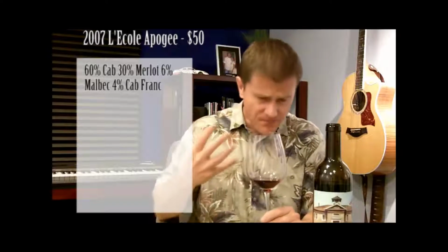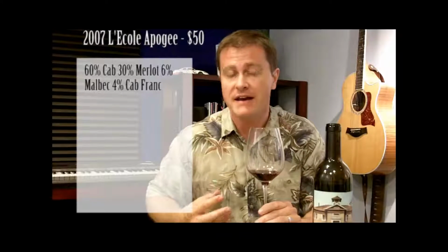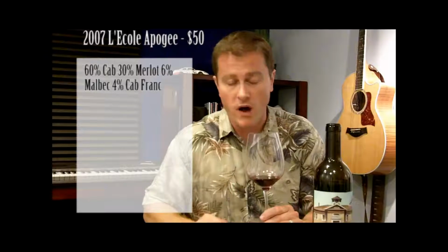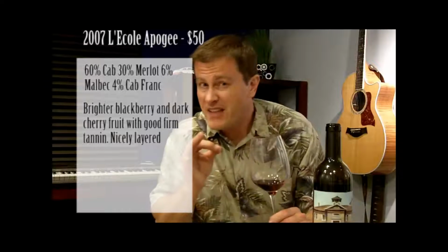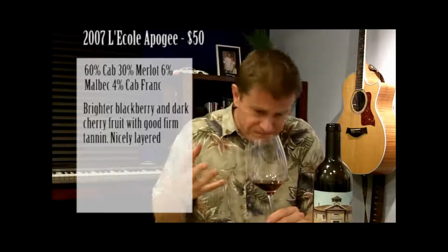Big-bodied wine. A lot happening throughout the whole entire feel of the wine. Definitely a big boy red wine. A lot of thick chewiness on the back end, but it dissipates pretty quickly. At least on the first sip, it doesn't leave you feeling like you've chewed your tongue off, or that you've rubbed it raw or anything like that. So it leans towards what people call the dry side of a red wine because of those tannins. But the layers of fruit that are interwoven in there really make it an intriguing drink,